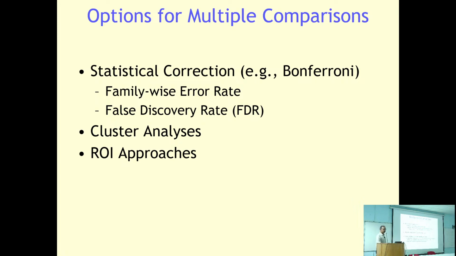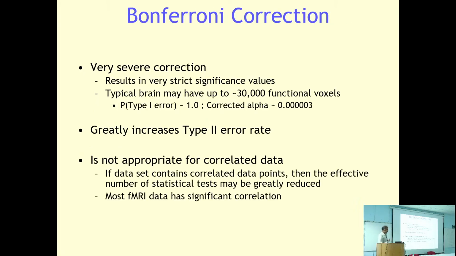And so with this one, the challenge is that it introduces type 2 error, right? So you may lose voxels which are actually active. And again, this is not appropriate for correlated data. Technically it assumes that these data are randomly oriented, but the fMRI data is highly correlated data. So Bonferroni correction you can use, but if you do some analysis which survives Bonferroni correction, then you have